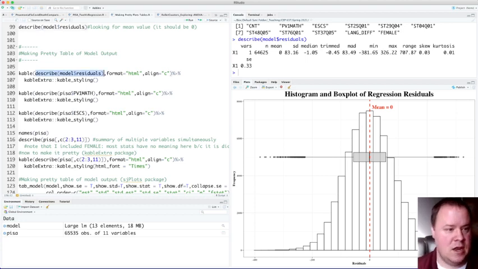We'll say format equals HTML, so it's easy to copy and paste. Align equals C. What that does is center the columns. And then we're going to use what's called pipe functions. So what this does is just makes it a little easier to say, once you do that, wrap this other